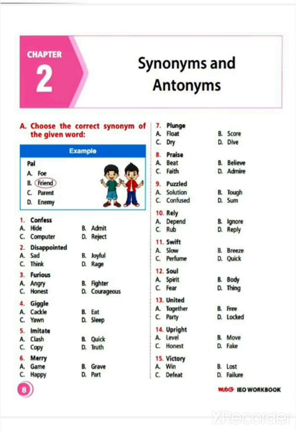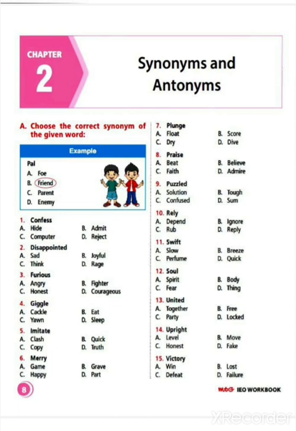So, today we are going to start with the second chapter, that is synonyms and antonyms. Before beginning with the details and the exercises, the most important thing that you have to know is what is synonym and what is antonym, because if you don't know the meaning, how will you be able to solve it? So synonyms are words that are similar in meaning, and antonyms are words that are opposite in meaning. Syno means similar and anto means opposite.